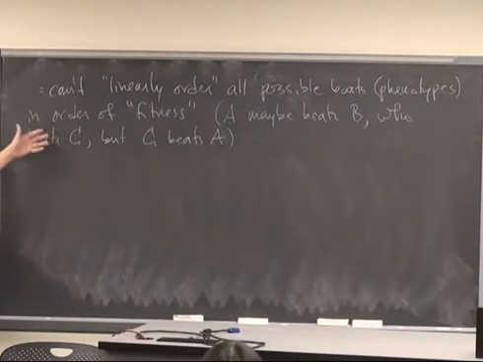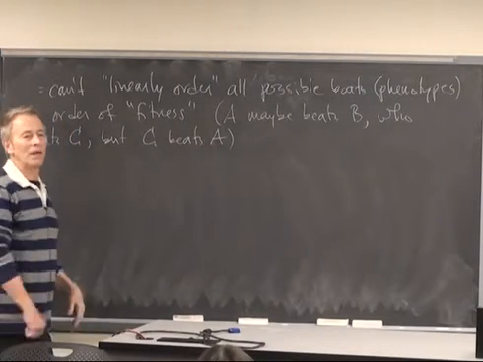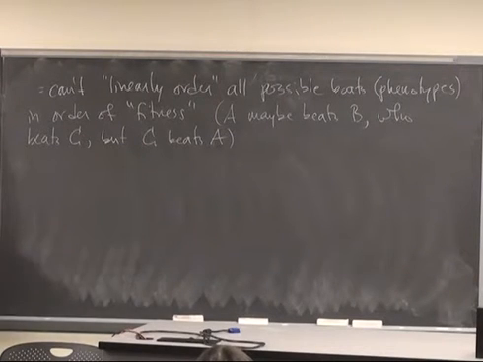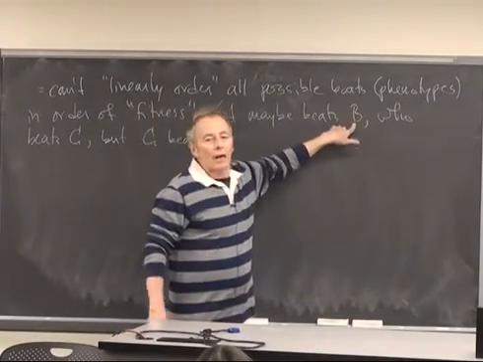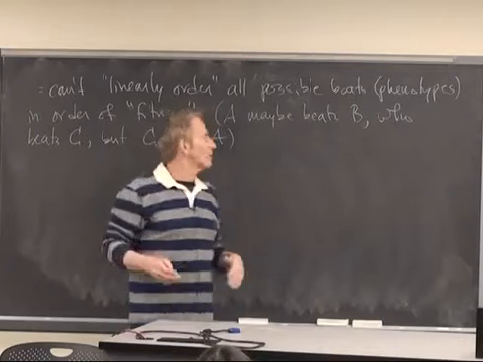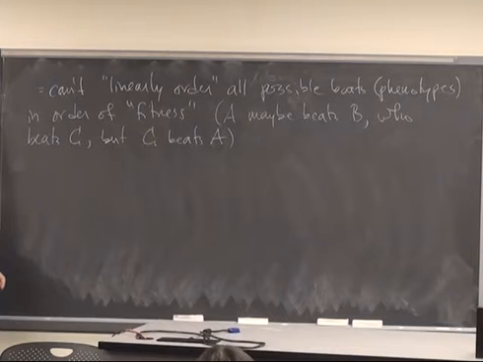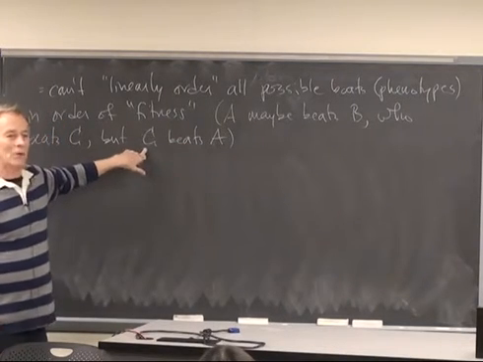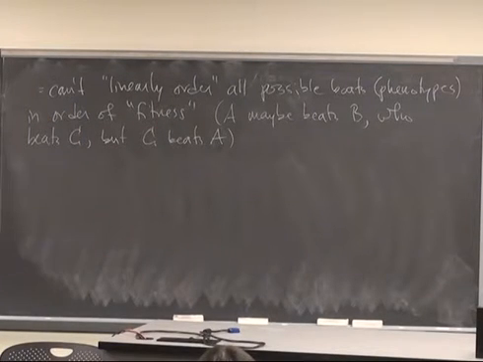How could this happen? Well, perhaps the rowers in boat A are very sensitive to a big wake, and the rowers in boat C happen to create a big wake when they row. So if you race boat C against boat A, A loses. But maybe boat B doesn't create a big wake by virtue of the physical traits of the rowers or whatever, and A might beat B. Or something like the wind could be really bad in the race where C meets A, and C might be relatively insensitive to the wind, A might be sensitive to the wind. There's an environmental kind of effect. But the point is, there's no way to get some exogenous fitness function on boats.